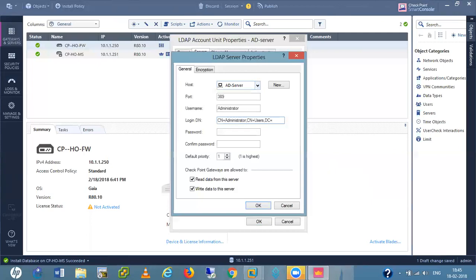Now I give my domain controller, DC equals heyman, now DC equals net. Here I give my password, which is the admin password. Here also I am giving the password.